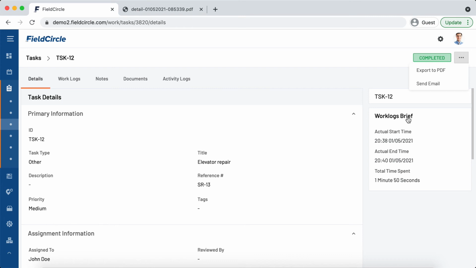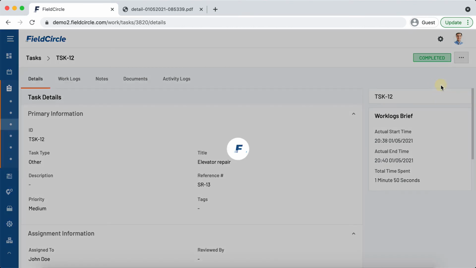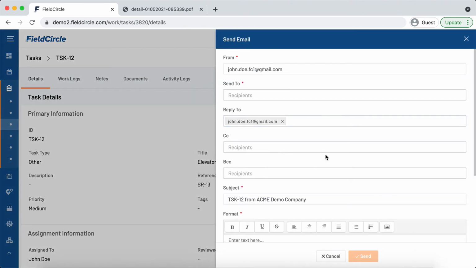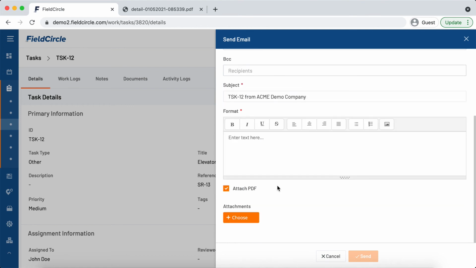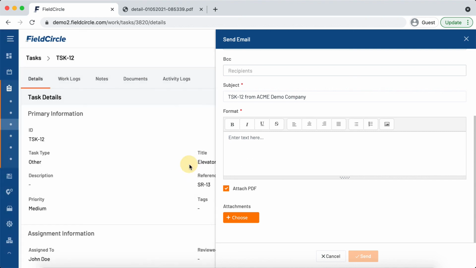And of course, if you wish to send this report to somebody, so maybe any of your manager or stakeholder who is participating in the process, you may simply click on mail and it would open up in this way. And once you have completed this, it would be sent as a task report. So when they receive this email, they would be able to click the report and access it.